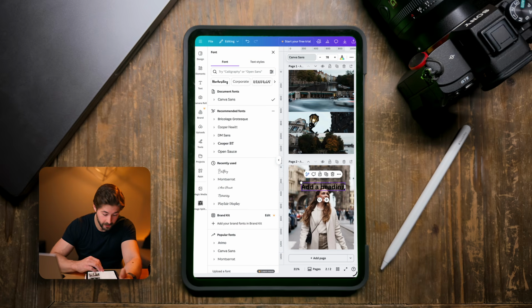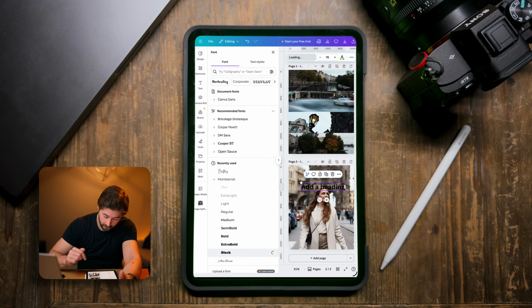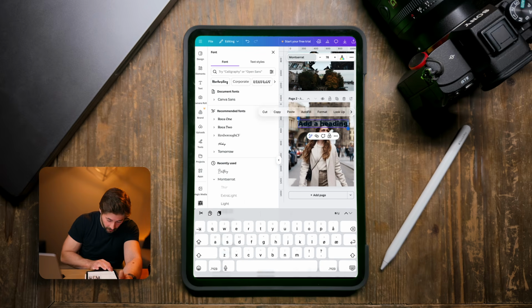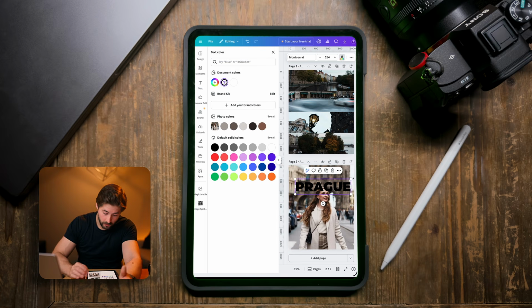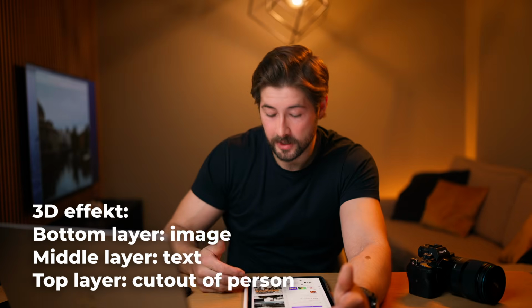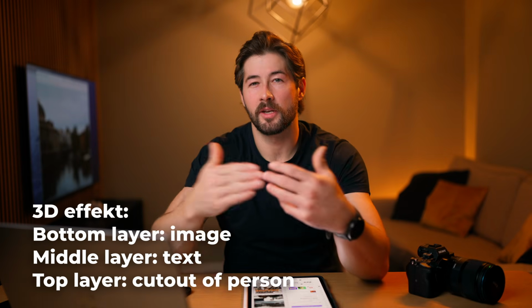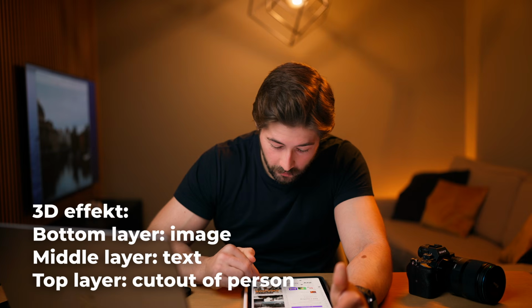You choose a font that looks good in bold. Let's go for Montserrat Black for this one. So you could go like this and just have that, and choose a color that pops. And that's it. It's pretty visible, but to make that 3D effect that looks kind of cool, you can put